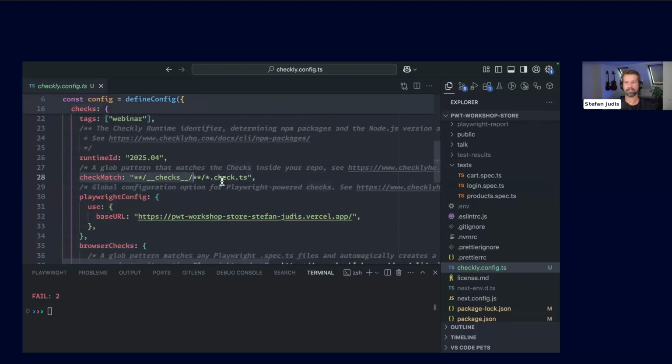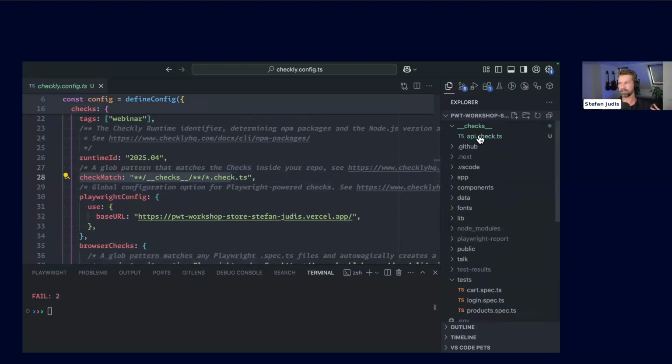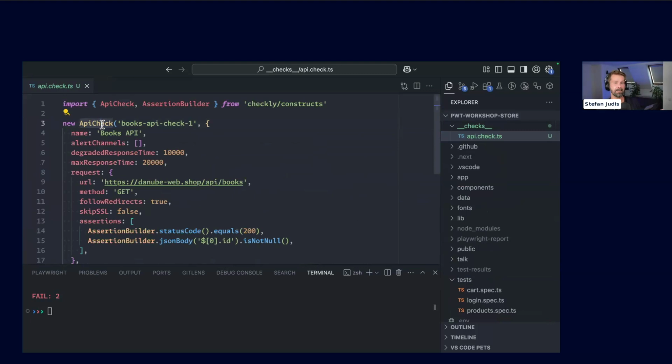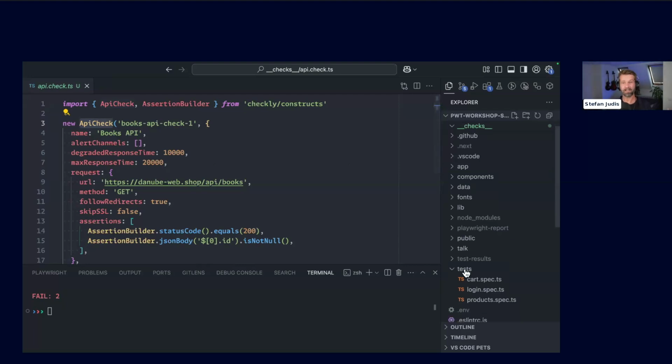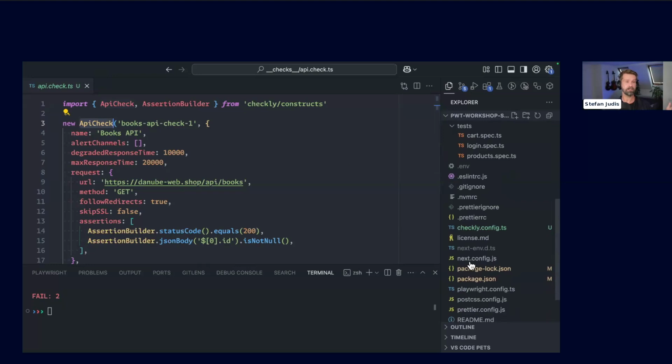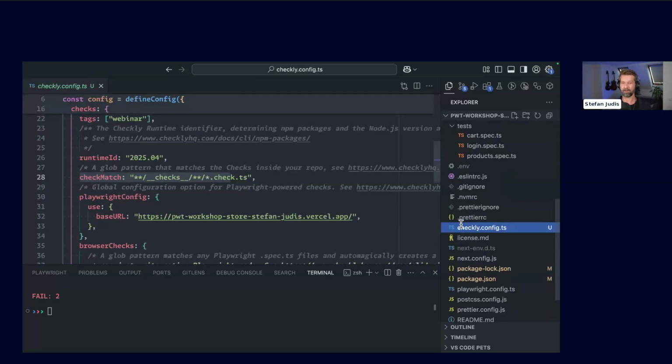And then we have the idea of constructs, so you can define all the resources for your monitoring setup in something that we call constructs. So for example, you see here that I can define everything I want in the Checkly infrastructure, in the Checkly cloud, in TypeScript, and I can just initialize these things, which I think is super sweet. So you can configure all your monitoring setup, your testing setup, your alerting setup from TypeScript files, which I'm super